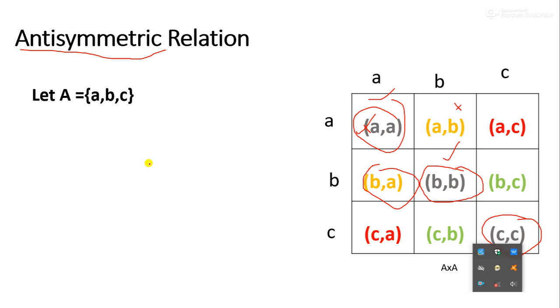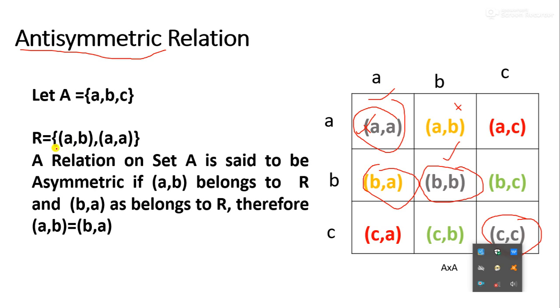So here relation R is a symmetric relation, sorry, antisymmetric relation, because it contains AB and AA. So AA is symmetric to itself, but in antisymmetric relations these diagonal elements are allowed, while symmetric pairs are not allowed. So here we have AB and AA. We allow these diagonal elements and we don't have the symmetric pair for AB. Therefore, this relation R is